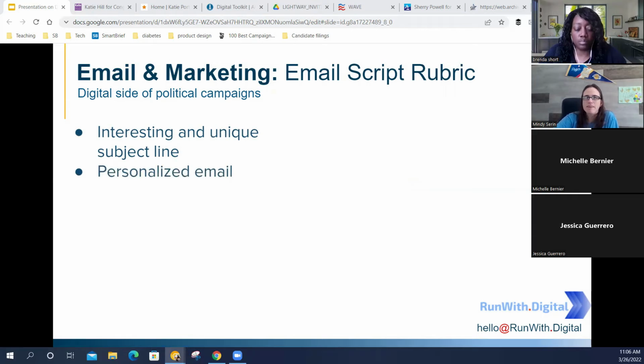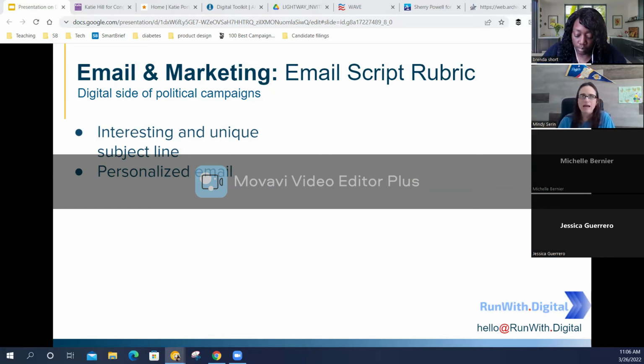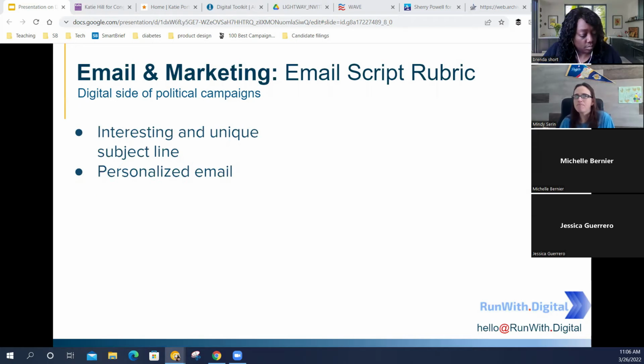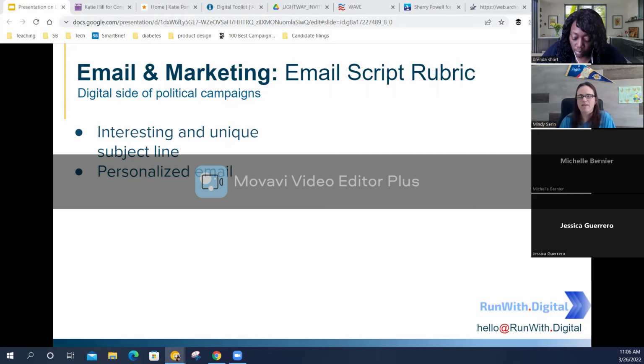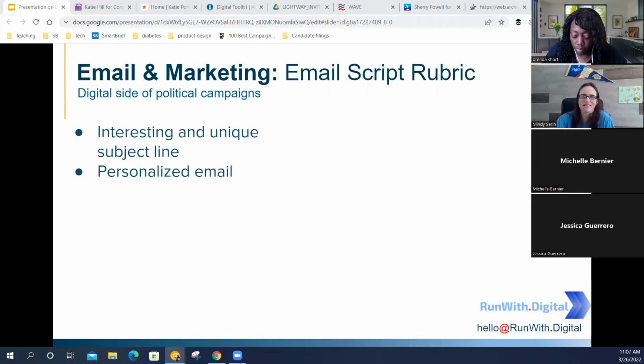You want to feel that the email is personalized. So you would maybe say, dear Mindy, we need support from Irvine. Both my name and my city are fields in any database program that can populate. So it'll say, dear name, we need support from city. And as it sends out to each individual person, the database will fill in the name and the city. So I'm not personalizing every single email, but the recipient feels that it's personalized. My mom still thinks that every single email she gets is personalized. She still doesn't understand that, like, dude, no, these people don't know who you are.